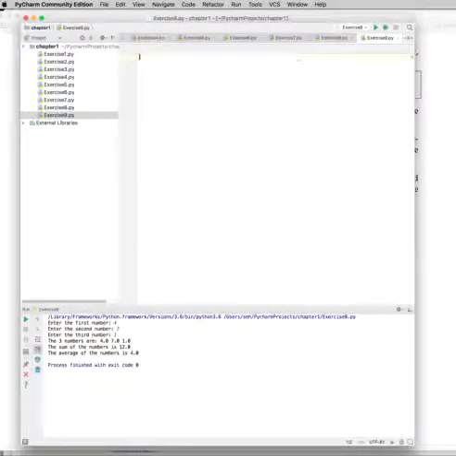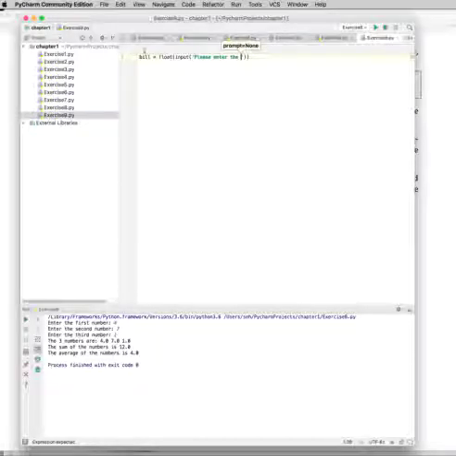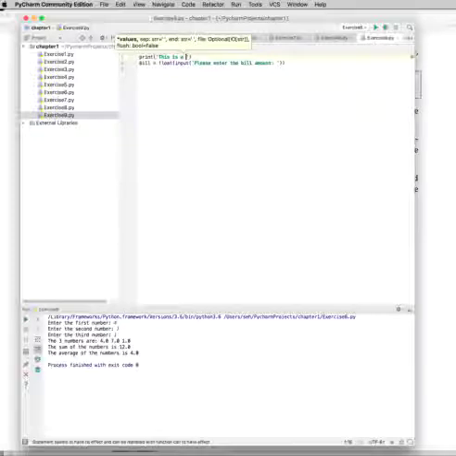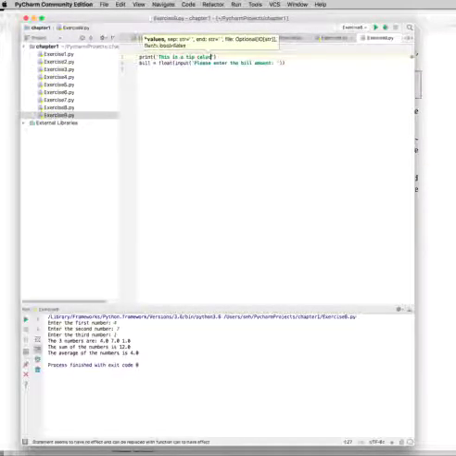So here we're going to do, once again, a bill is equal to float. We're going to cast the float, and this is going to be input, prompt the user for the input, which is going to say, please enter the bill amount. Actually, I'm going to make this a little bit nicer by putting up at the top print, and in this case I'm going to say this is a tip calculator,